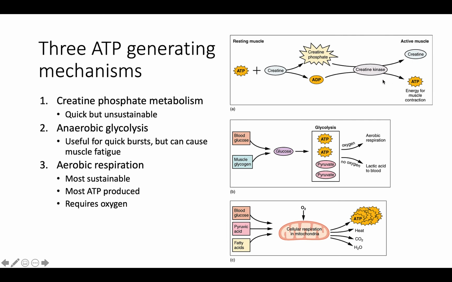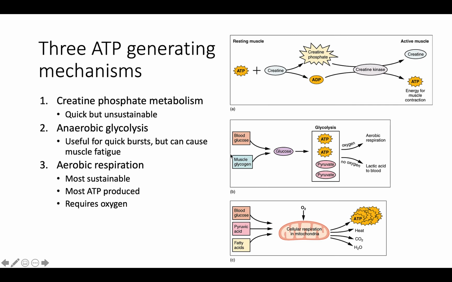It recurs really quickly, but it only sustains for approximately 15 seconds, so then we have to use other energy sources afterward. Well, as ATP is produced by creatine phosphate and then depleted, muscles turn to glycolysis, which is anaerobic, like we've talked about in the past, and it breaks glucose down to produce ATP. We can create glucose from our blood, or we can get it from recently ingested food that was then put